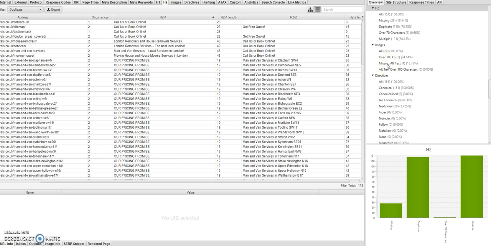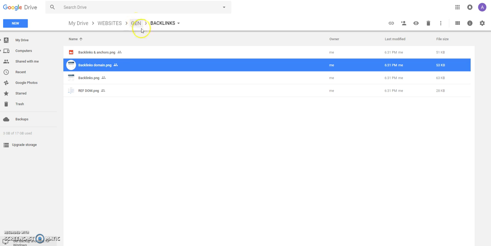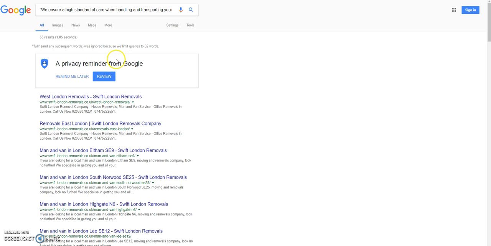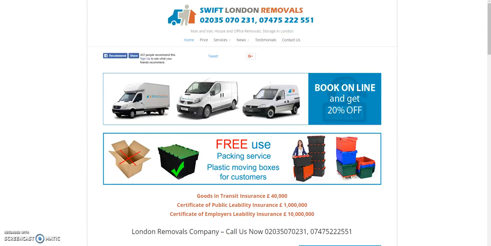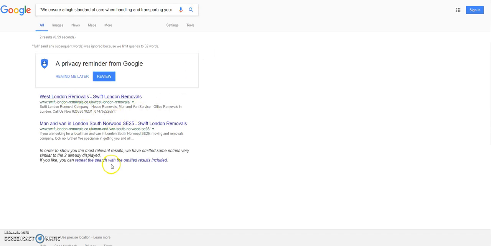In addition to that, there's a number of pages that were found on the site with missing alt texts. That should be looked at, and also the content as a whole. There's a very high amount of duplication of the content as a whole on the domain. I'll show you some of the duplication here. So if I was to grab some content from one of the pages that I've done here, we ensure a high standard of care and handling and transport. When handling and transporting your belongings, if we search that string of text in inverted commas, it will give us